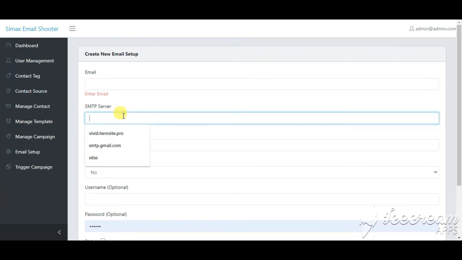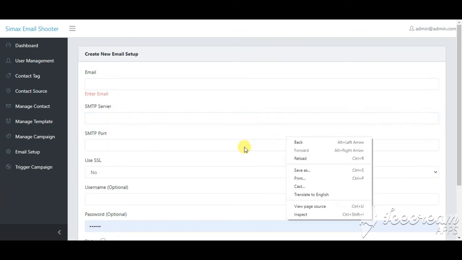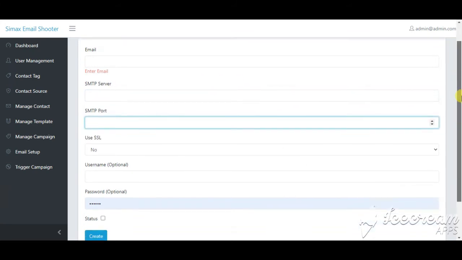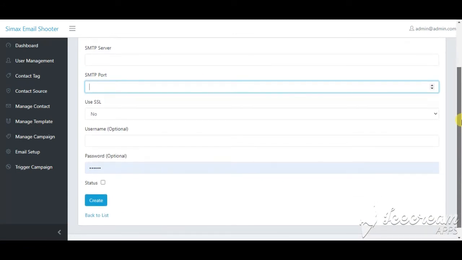It has the email SMTP server, port, use SSL, username, password, so it is a full email configuration. You can set up SMTP users and whichever username and password you want here.